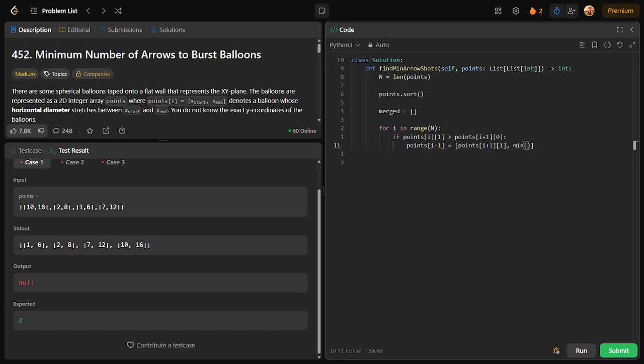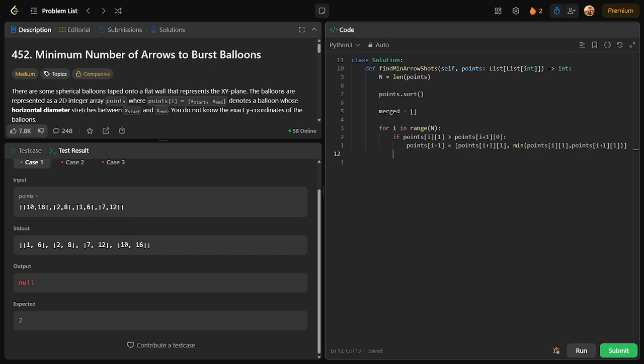So it's the minimum of this, comma, this, which is points of i and points of i plus 1 of the first element. If it's not greater,